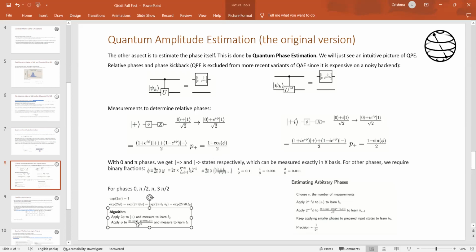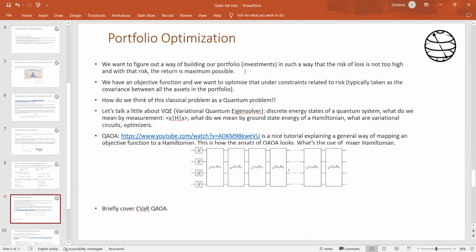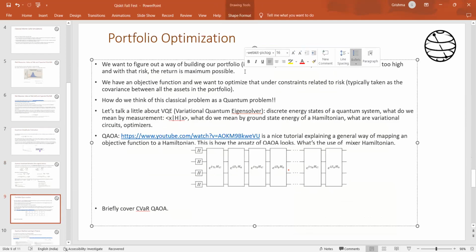This is a very high level overview. Again, you can go through the Qiskit textbook for it. I remember in the Qiskit Summer School 2020, there were lectures specifically on the quantum Fourier transform and quantum phase estimation, which are very interesting, and you can always go through them. So this was one phase.